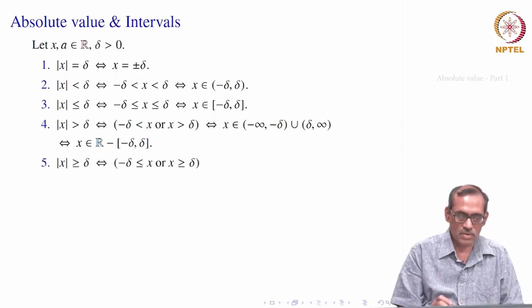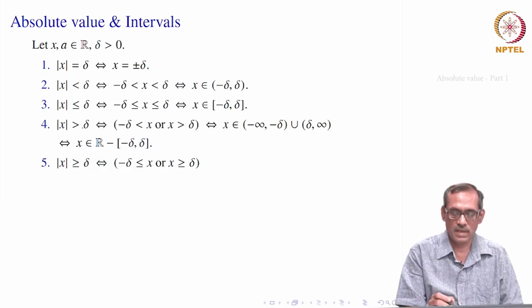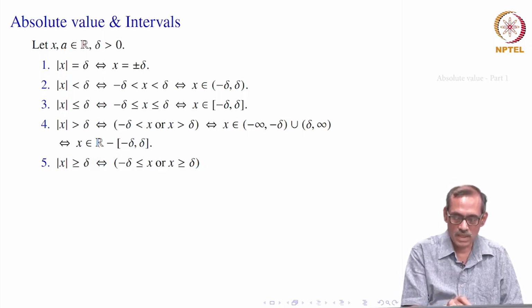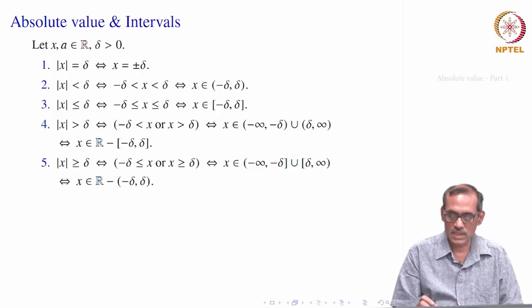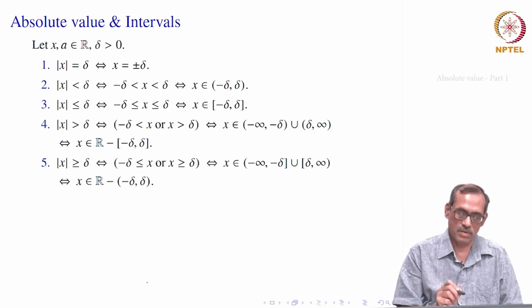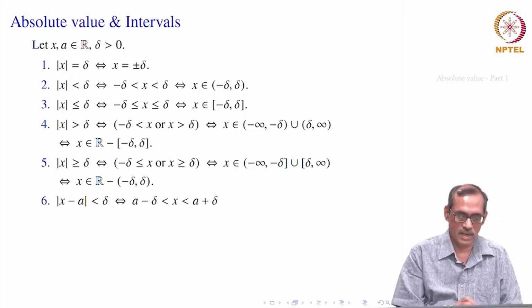Okay. So, what about when mod x is greater than or equal to delta? We just have to include the delta now. So, in the complement, when we take the minus delta to delta closed interval, we will now be taking the complement in the open interval. So that is how you will get a semi-open interval: minus delta is included, delta is also included. That is, it is R minus the delta neighborhood of 0, and x can be anywhere in that set. That is what we mean by mod x greater than or equal to delta.